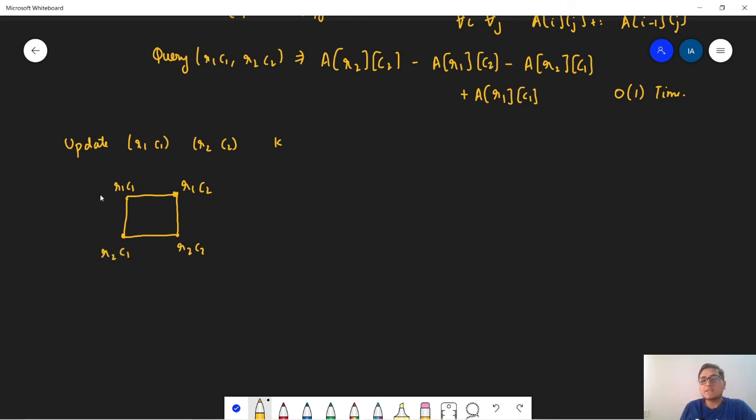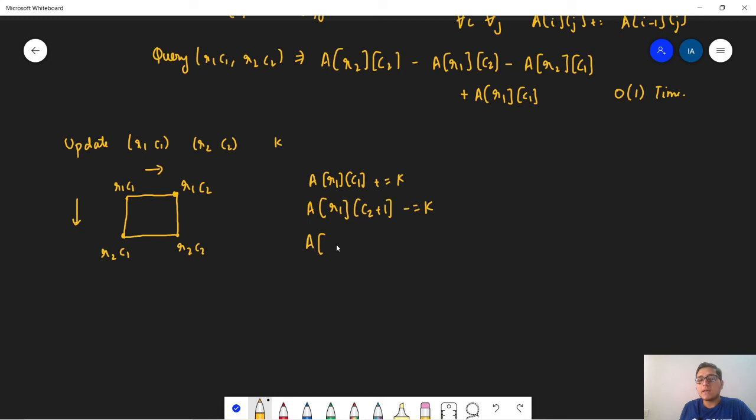So now we are taking the prefix sum row wise and then column wise. So suppose if we add an element over here at this location, so we write A of R1, C1 plus equals K. So when we take the prefix sum, the element K will get added from R1, C1 to R1, C1 plus 1, R1, C1 plus 2 and so on till R1, C2. This element K should not get added after R1, C2. So we will subtract A of R1, C2 plus 1 minus equals K to nullify the contribution of this K in the further cells. Similarly, when we take the prefix sum column wise, this K will get added downwards.